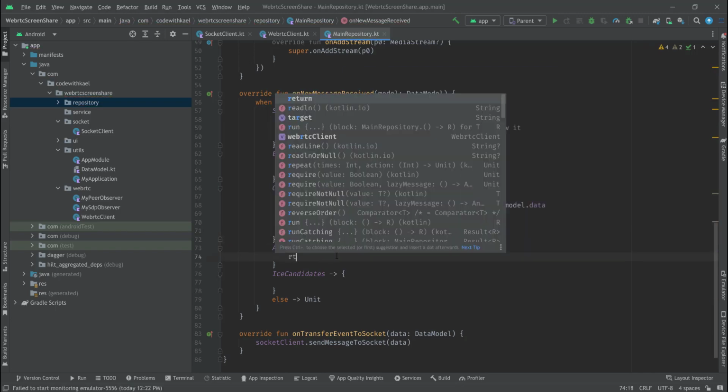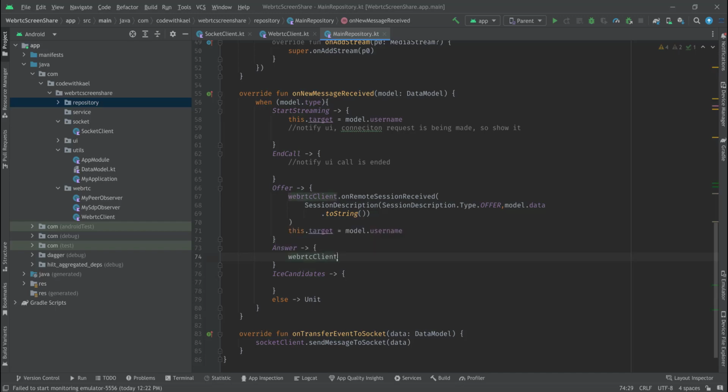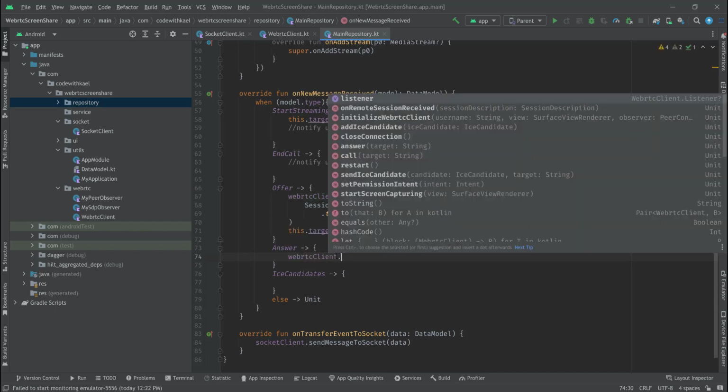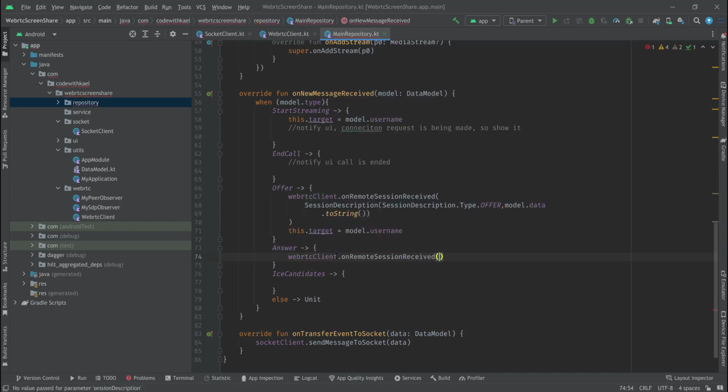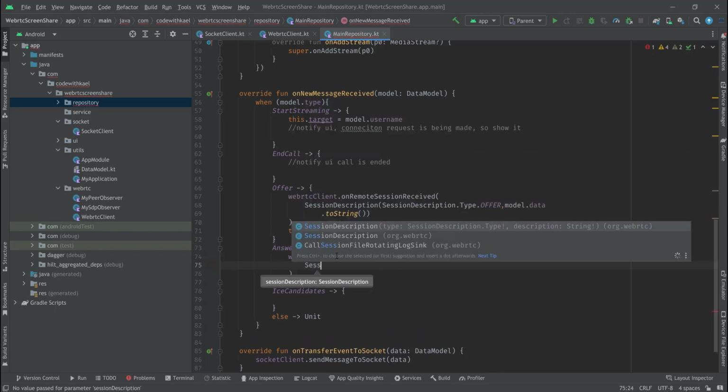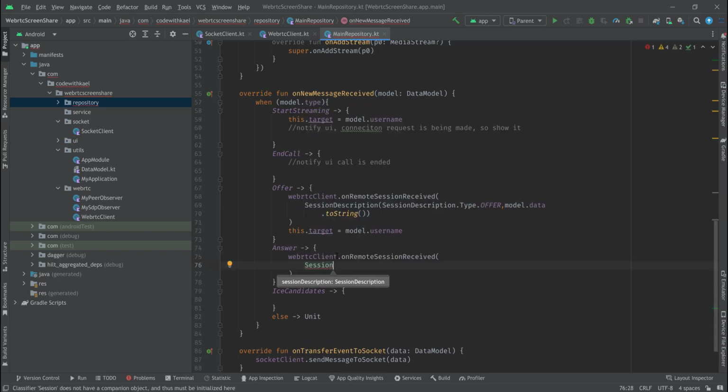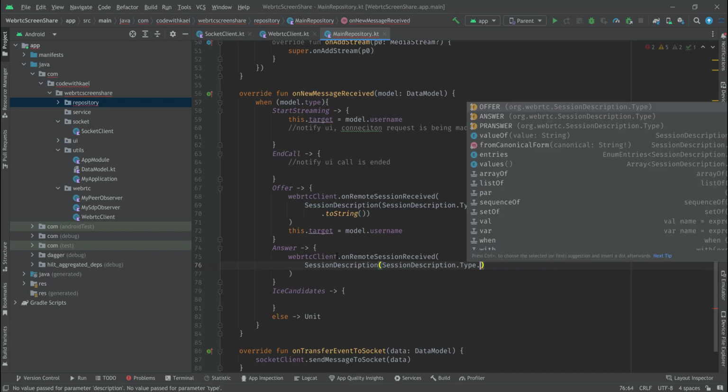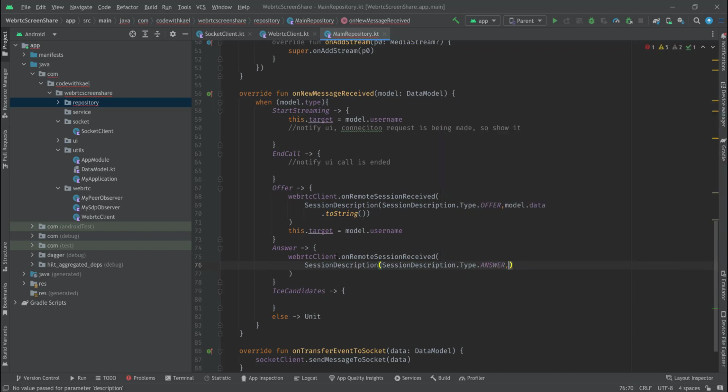And in case of Answer, we just want to set this as our remote session. So I'll create a SessionDescription of type ANSWER, and the value is going to be